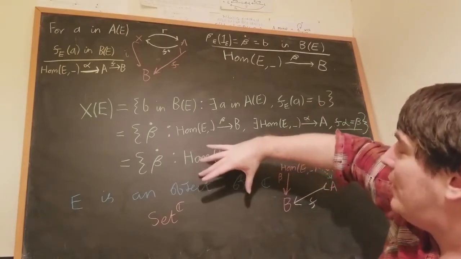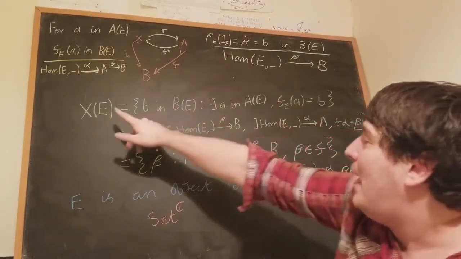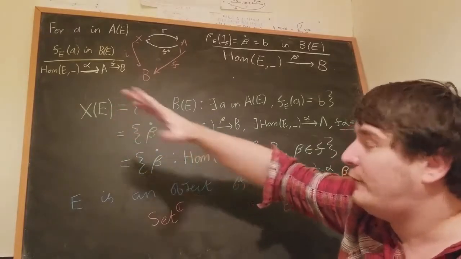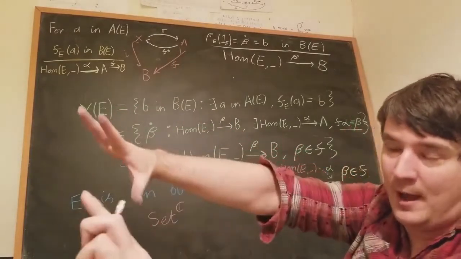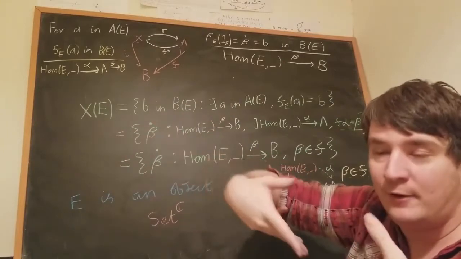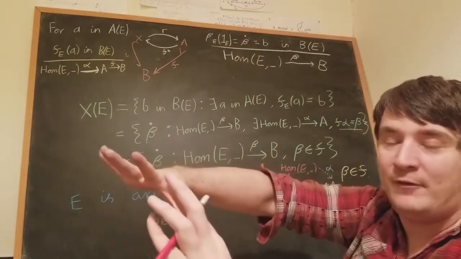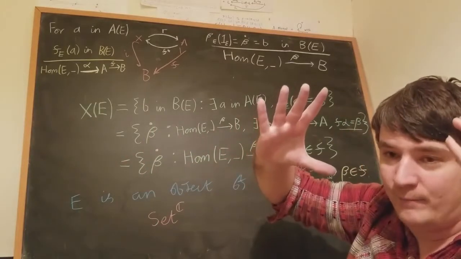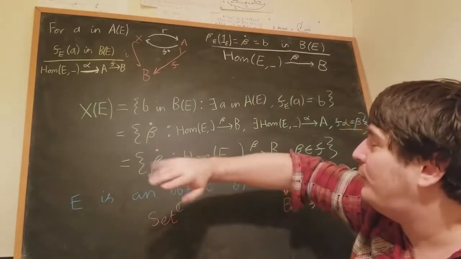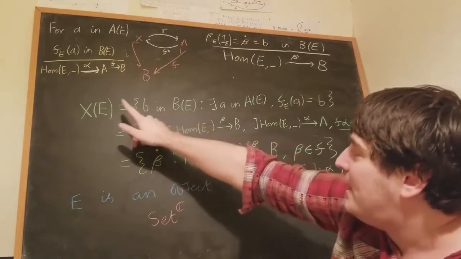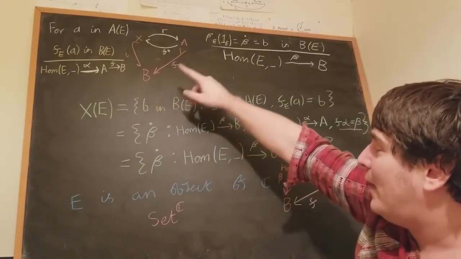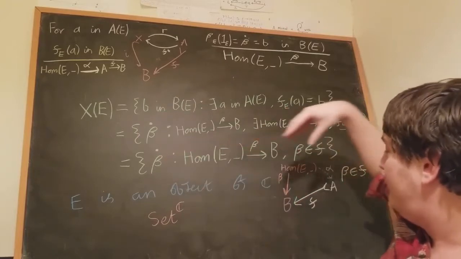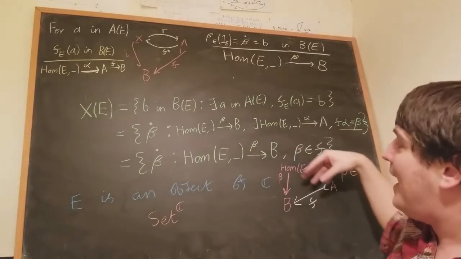But then the element-centric way would be to think of x here, this inclusion-based way of representing this subobject, this graph. We can think of it basically as a subset of vertices and a subset of edges. And does this edge belong to this subset? In other words, is b in x of E? Well, it is precisely when it corresponds with an arrow beta, which is in F,